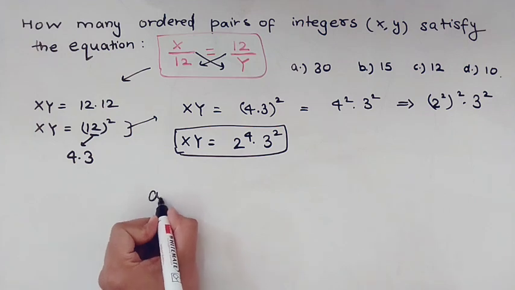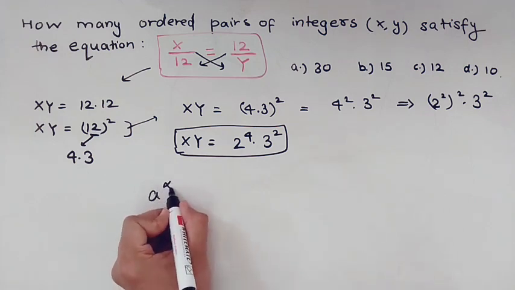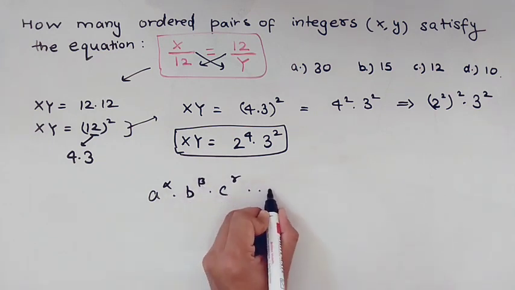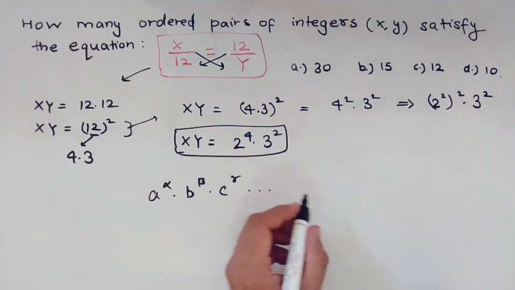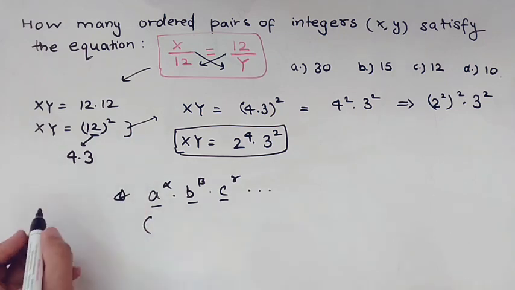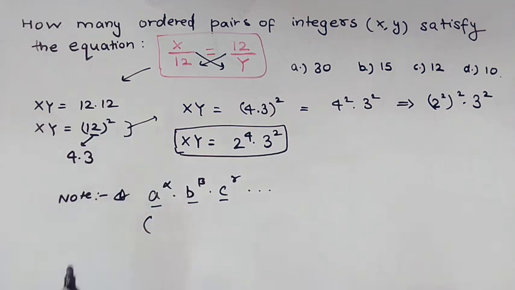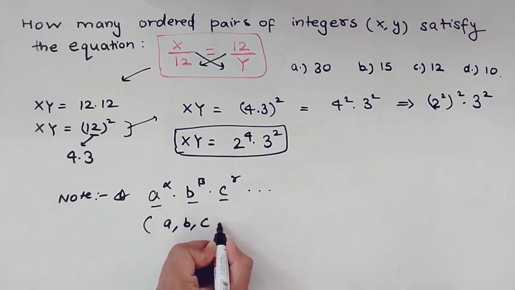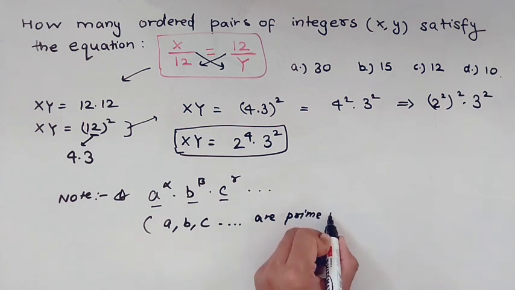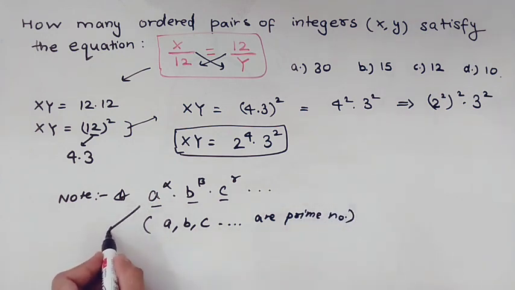A series that states a raised to the power alpha, b raised to the power beta, c raised to the power gamma, and so on for d delta and e, so the terms go on. Here is a note point that you should remember: for a series like this, where a, b, c and so on are prime numbers,